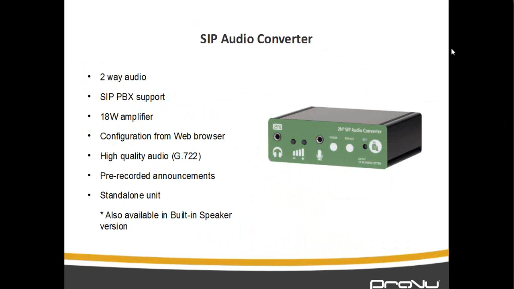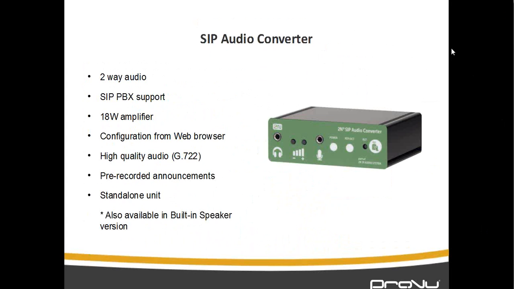It's got an 18 volt amplifier built in. Because it's got a web interface and SIP built in, you configure a SIP extension on it, call the extension, and it will basically make a page to whatever it's connected to. As you can see, there's a microphone input and a headphone output, so you can obviously test it. But if you do want to connect it to a microphone locally, then you can, and you can actually have a two-way audio conversation.